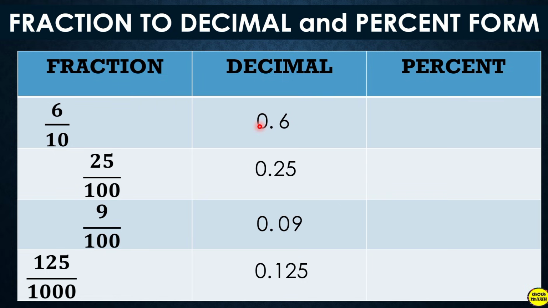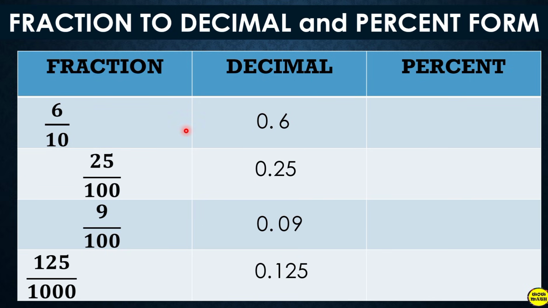Alright, now, mas madali mag-convert ng percent kapag nakadecimal siya. Okay? So, ulitin ko, mas madali po mag-convert ng percent kapag naka-decimal siya. By the way, ito po ay ginagawa natin yung place value kapag ang denominator mo ay nasa power of 10. Pag sinabing power of 10, mas madali tayong mag-convert ng fraction to decimal. Okay? Bakit? Kasi